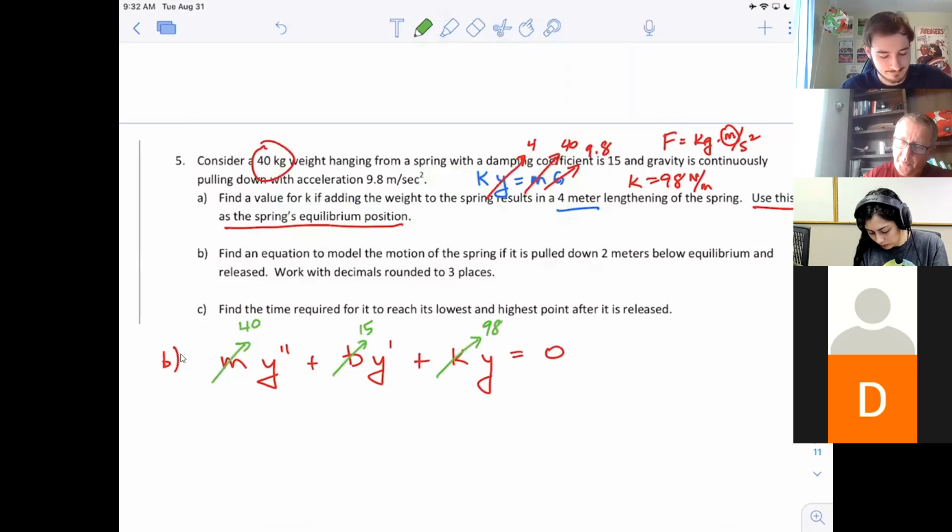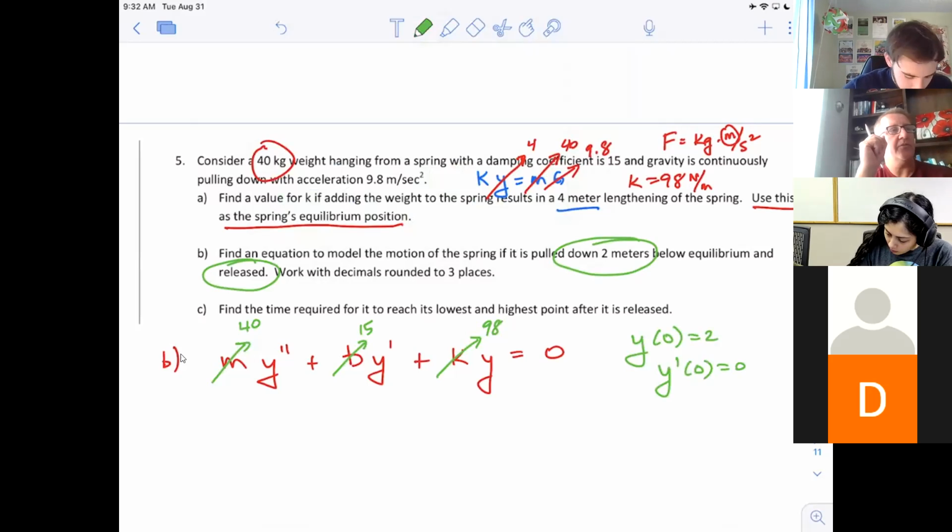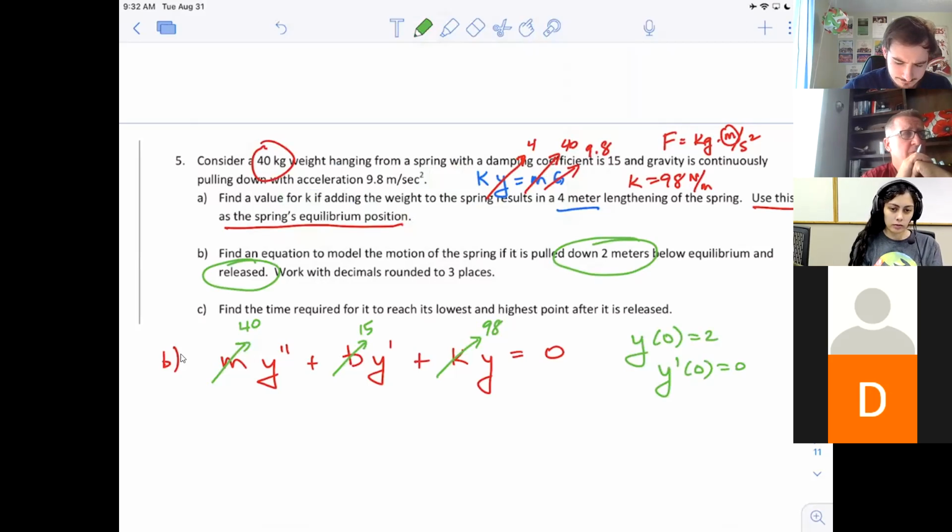So notice it was pulled down 2 meters and released, which is sort of code for y of 0 equals 2 and y prime of 0 equals 0. The fact that it was released and nothing else was told about how it was released. It's like pulled down and just let go. So its initial speed was nothing. There's also a little bit of a conundrum, like should you say that's -2 because it said it was pulled down? You absolutely can. In my case, I'm kind of ignoring that, and I guess what you could say is I'm treating it as though down is positive,